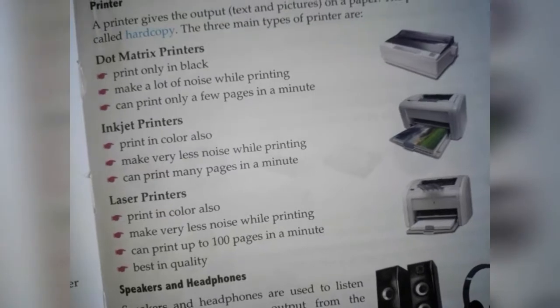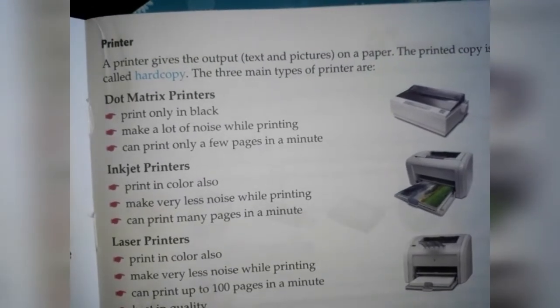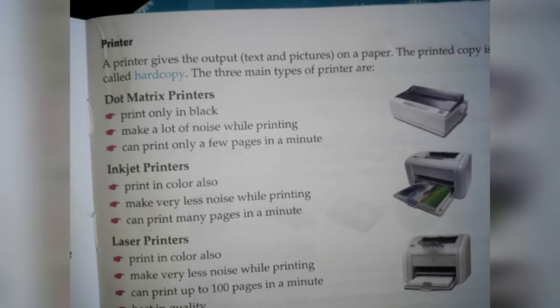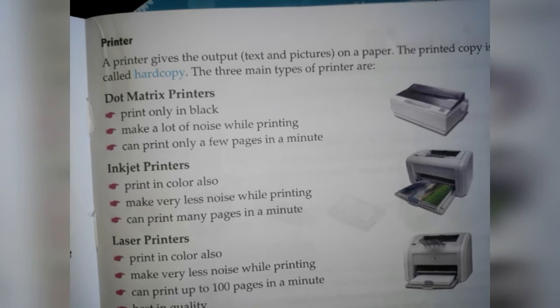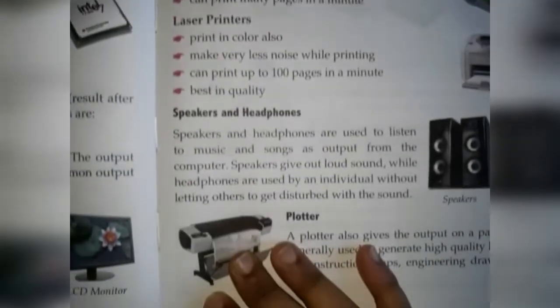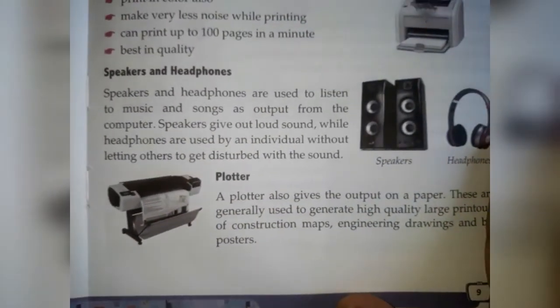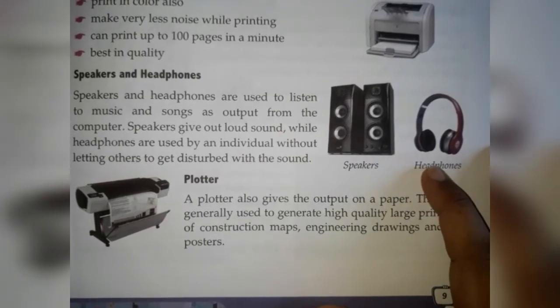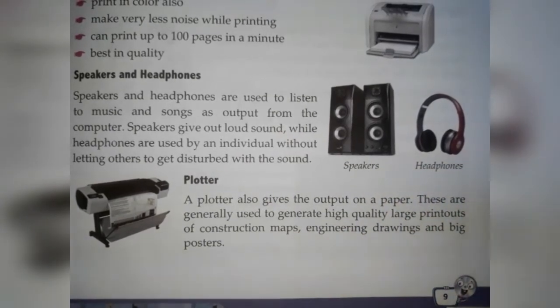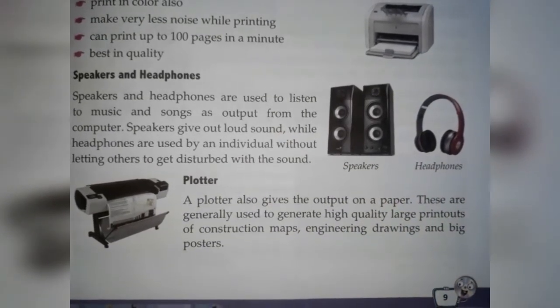Except the monitor, there are so many devices that you must have seen. This printer you have seen somewhere in the shops, or many of you have these printers in your houses. So this is also an output device. Next thing is the speakers and the headphones. Speakers which are attached to our home theaters or our televisions or a computer are a kind of output devices.